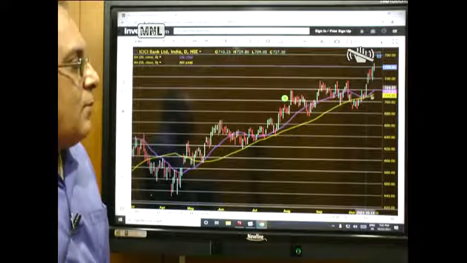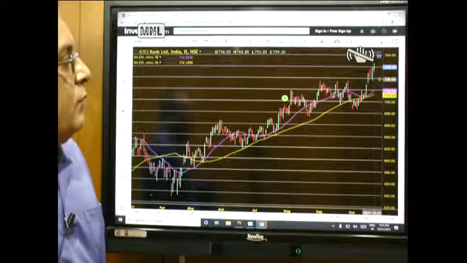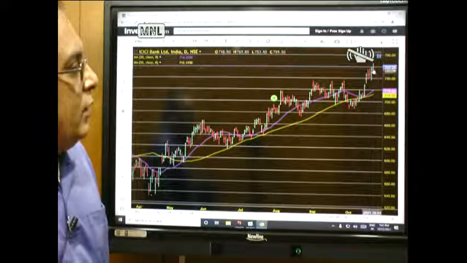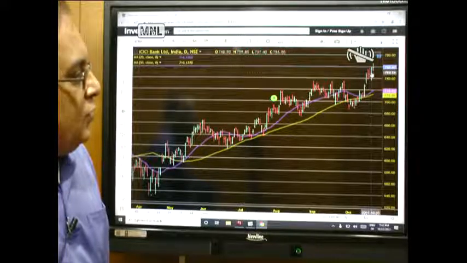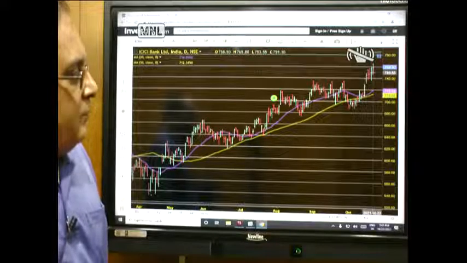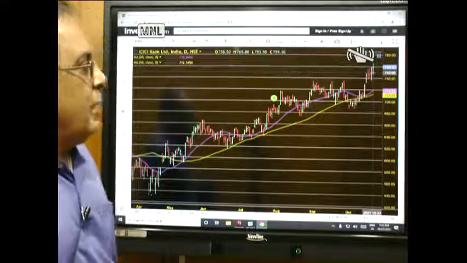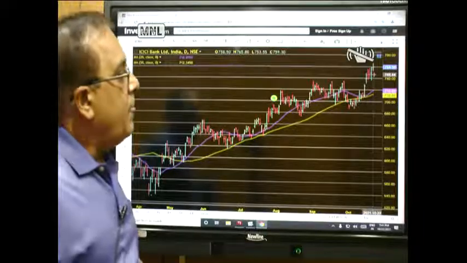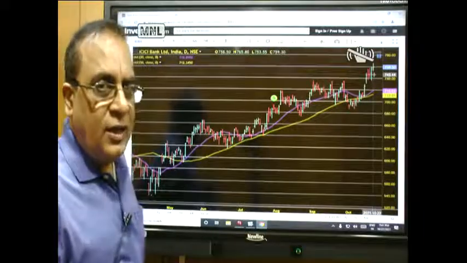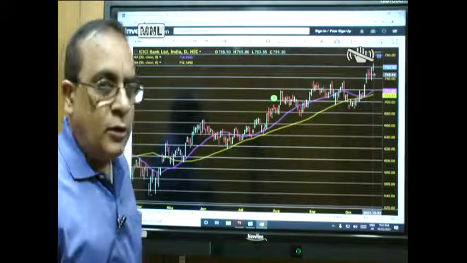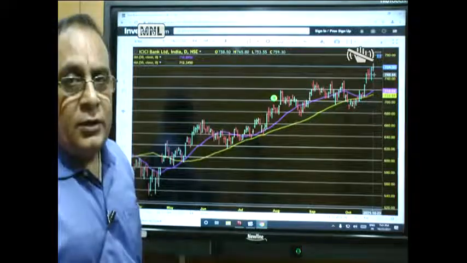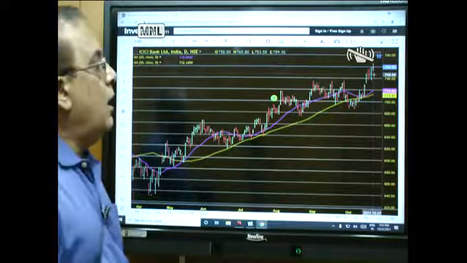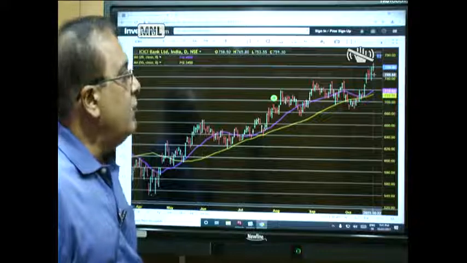But if you really want to get out at the top, then see, this has broken this particular high. This high has been broken. So if it starts coming below this bar's low itself, because if you take this as a breakout bar, and the breakout bar is not sustained the next day and it starts coming below that low, then the reversal would have started. So for ICICI itself, I would say you need to think about whether you should be